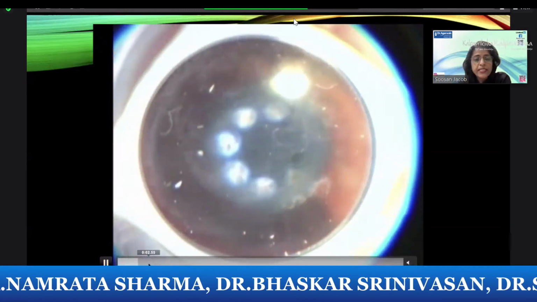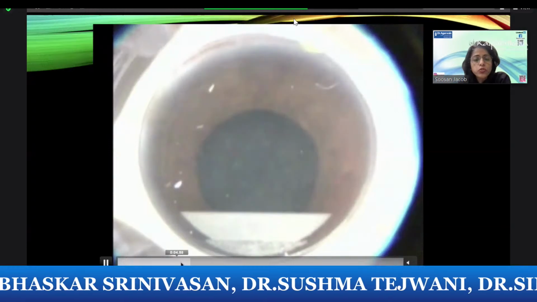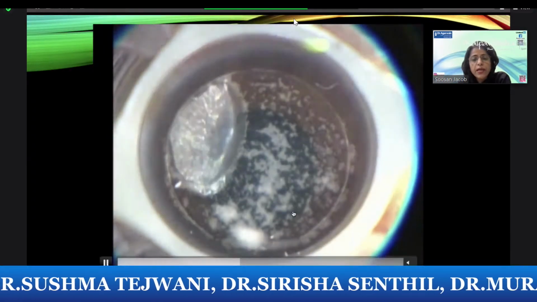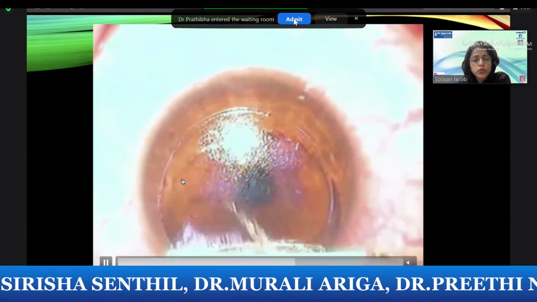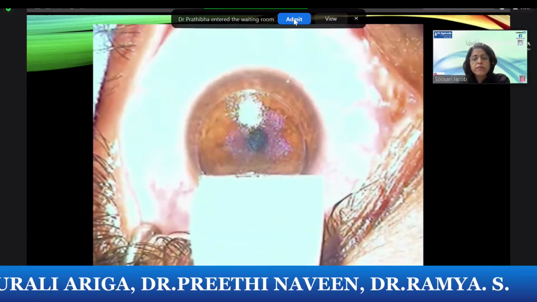microkeratome assisted LASIK. This is a femtosecond laser assisted LASIK, where you create a similar flap, but using the femtosecond laser. And you can see that here there was a lamella cut followed by a side cut, and a hinge is left which is not cut, and then you open up this flap, and then once that's done, you do the excimer laser ablation and replace the flap back.